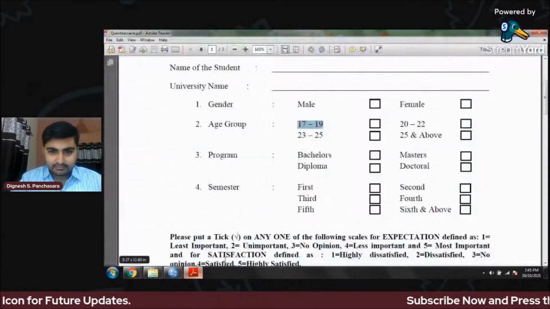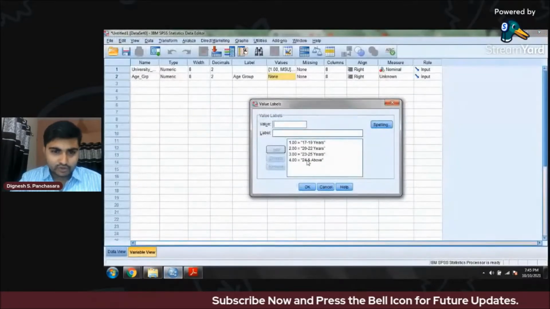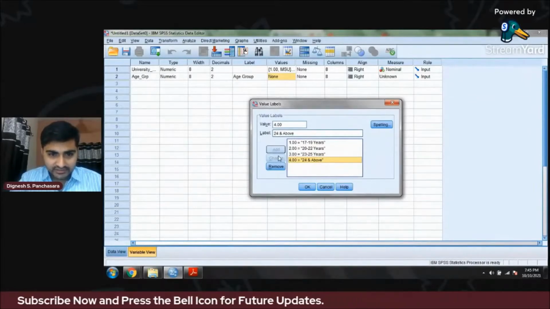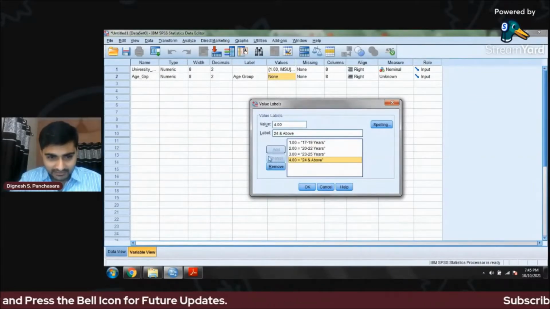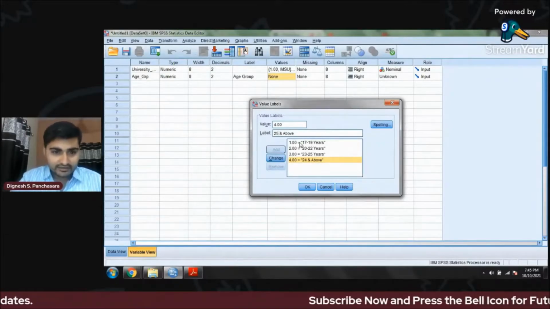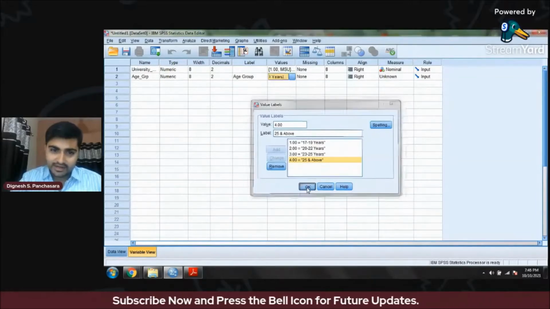For example, my actual figure is 25, but by mistake I have write 24. So I can remove or I can change. See, change is not enabled right now, but if I change this figure, it will change, right? So automatically this is changed 25 and press OK.